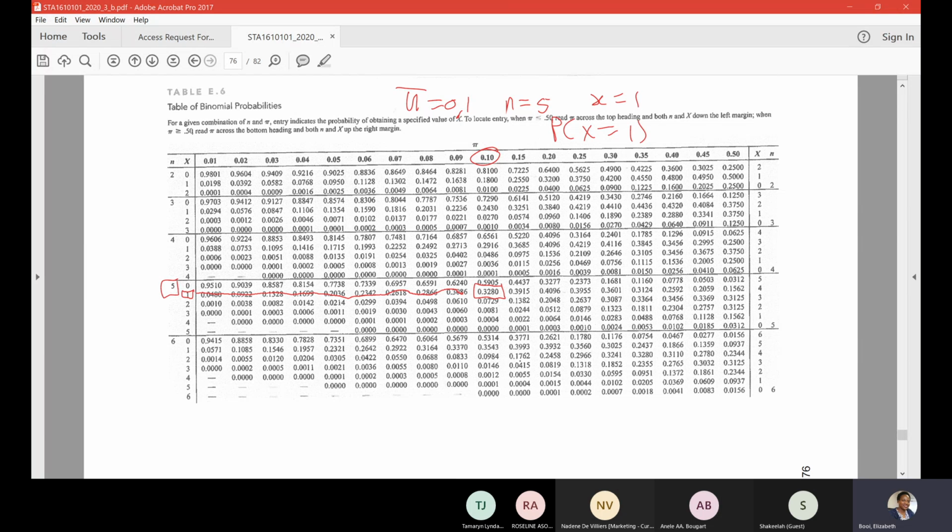But what happens if it was the probability of x is less than 1? If the question was asking us for the probability that x is less than 1, so therefore it means,